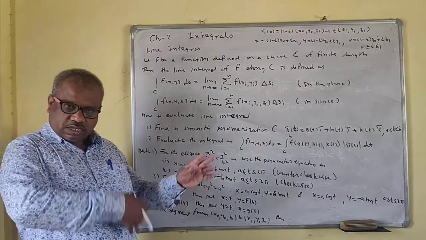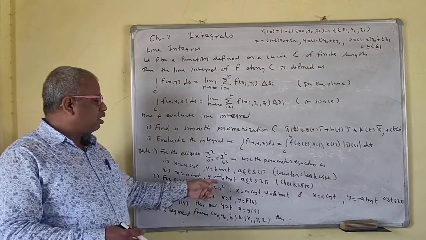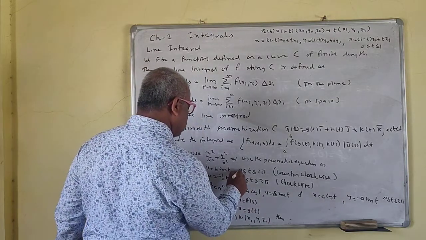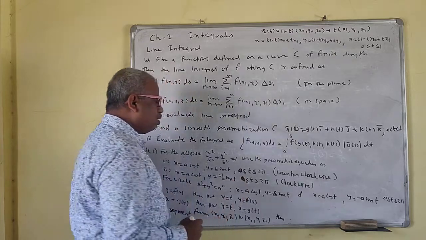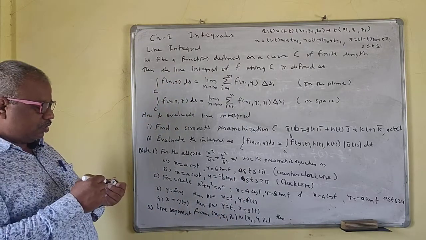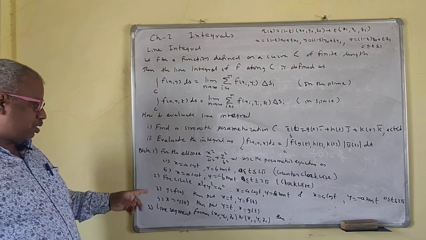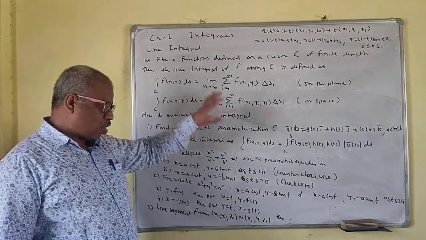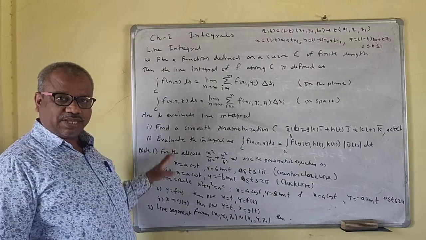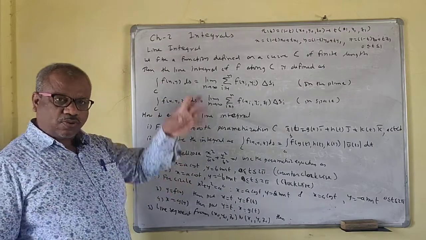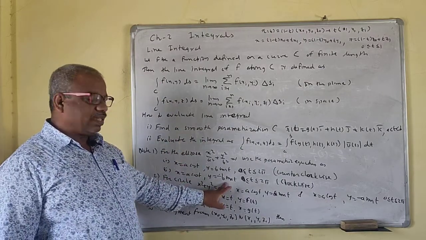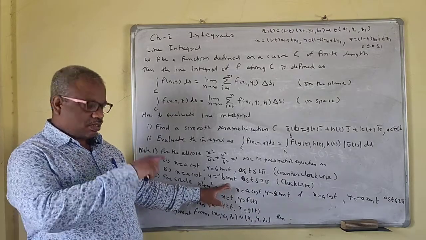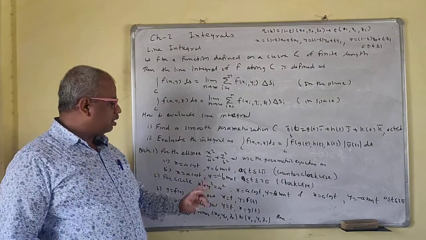So you have to consider a full ellipse. This is not 0 to a, this is 0 to 2 pi. For the full ellipse you take t from 0 to 2 pi. This is counterclockwise, that means the anti-clockwise direction. If the clockwise direction is there, then you have to take y as minus b sin t. If your direction is clockwise, then take this minus b.